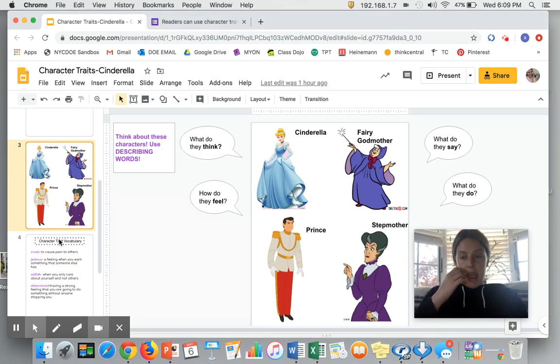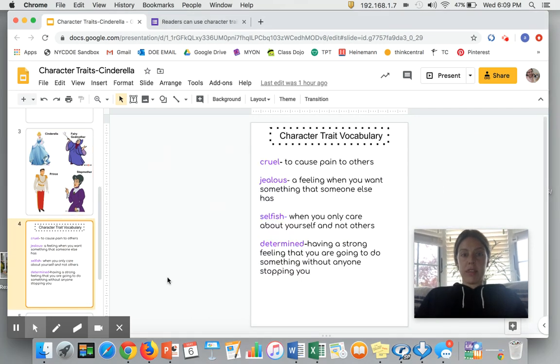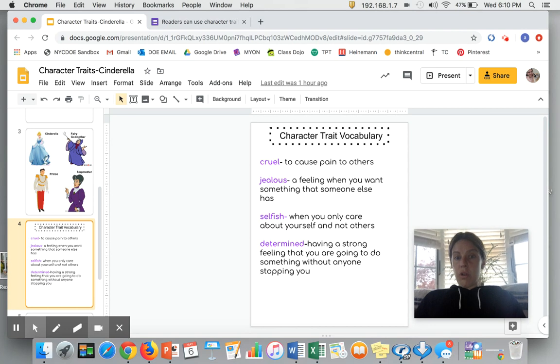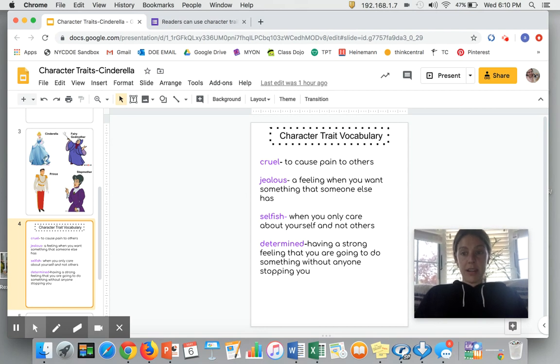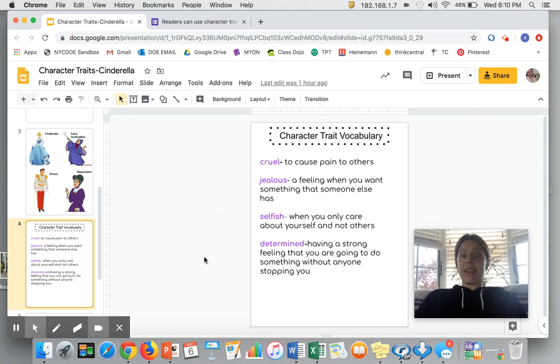Here is some character trait vocabulary that I want to go over with you. Cruel. This is a character trait that the wolf in Little Red Riding Hood had, and a lot of you were able to identify that, so great job. Cruel means to cause pain to others. You know how the wolf ate up the grandma in Little Red Riding Hood? That's what made him cruel. That was evidence from the book that made us know that he is a cruel type of character,